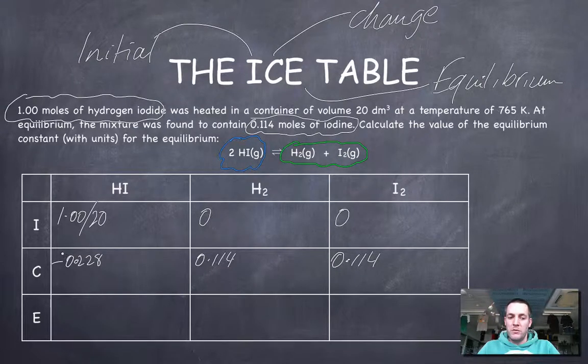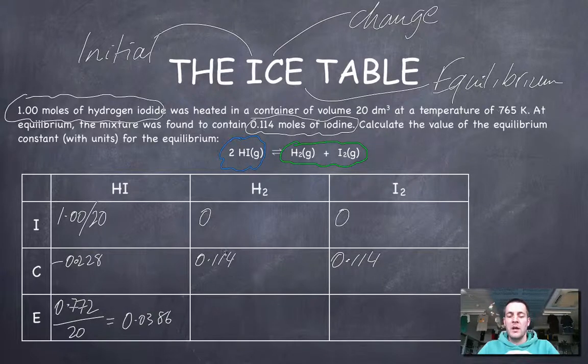So this is the number of moles that changed by that amount, not the concentration, right? But our equilibrium concentration would now be 1 minus 0.228 divided by 20, because the volume of the container hasn't changed, right? So this is going to be 0.772 divided by 20, and that equals